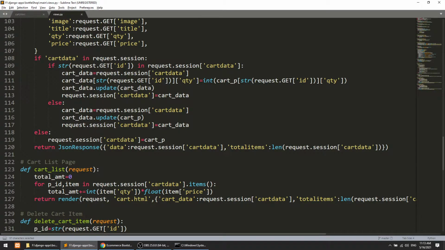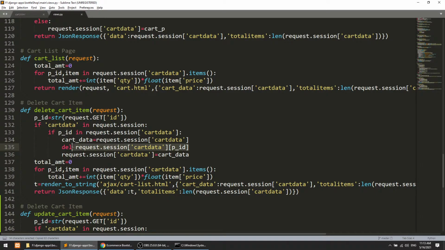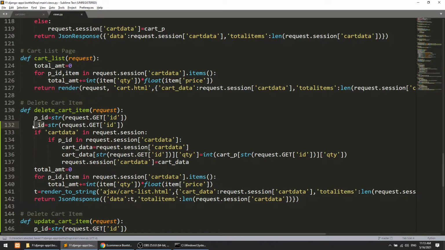I will get this here. So this is our cart data. This is the quantity of the session, and here I will get this quantity. We will send this. So I will use product quantity, and this will be an int. And I will send this quantity from the ajax. So p quantity will be here. Okay, so updated the cart, and we have a total amount, PID, item.